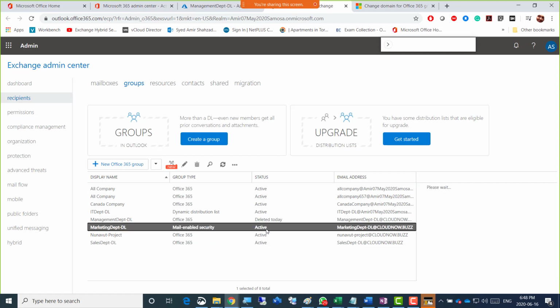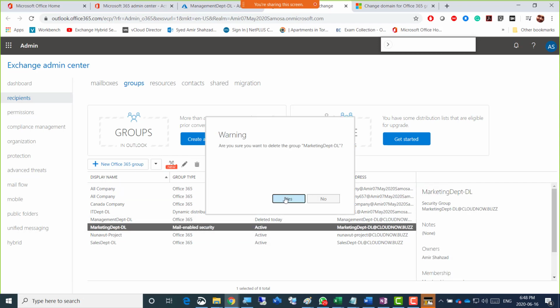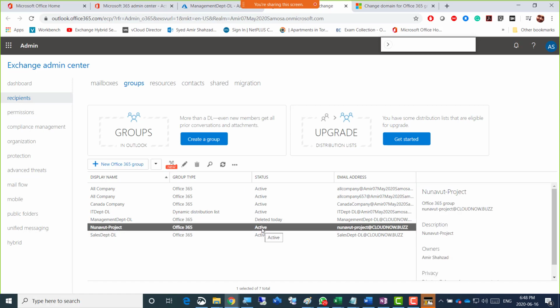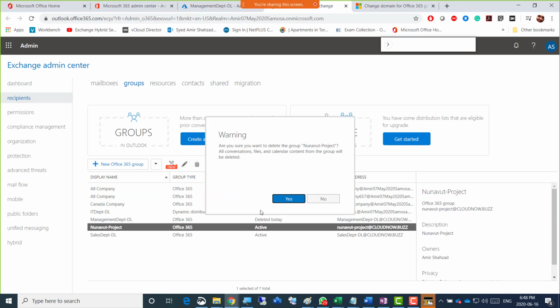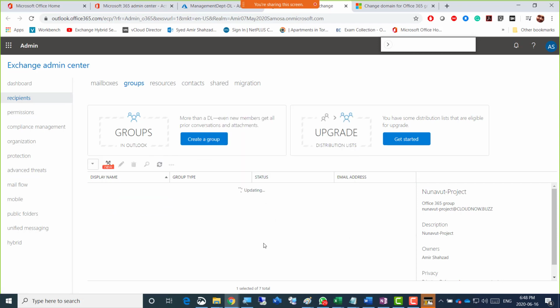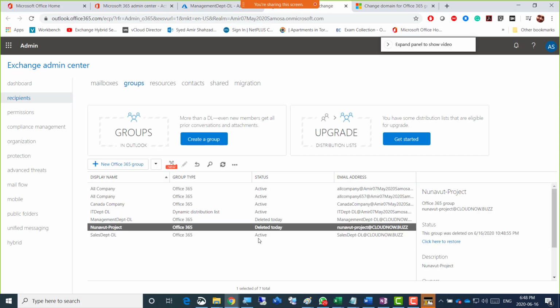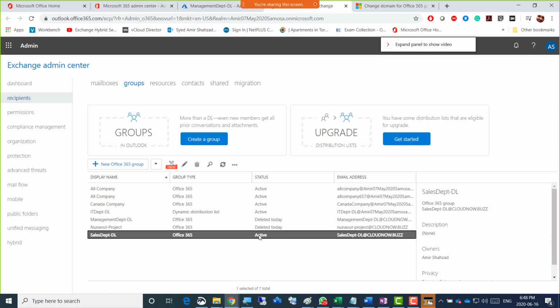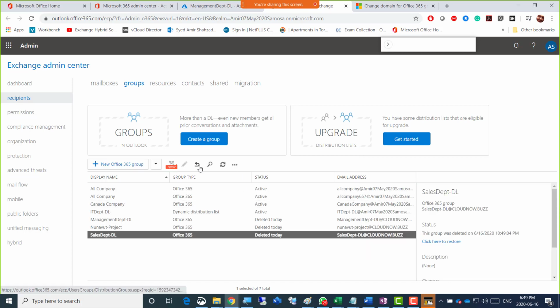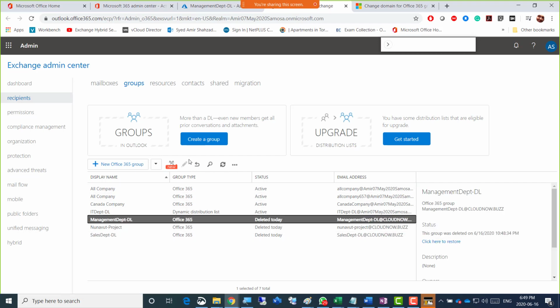Wow, and it's still showing here. So then the second one, delete, and the third one, delete, and once refreshed, it's gone as well. Delete it today, and DL. So okay, that's it. Okay, guys, so these guys are gone. I don't want to restore that, but you can restore it if you want. There's a restore button, but I'll just refresh that.